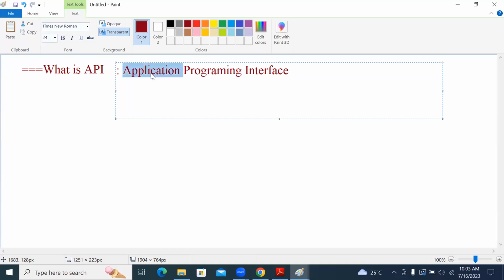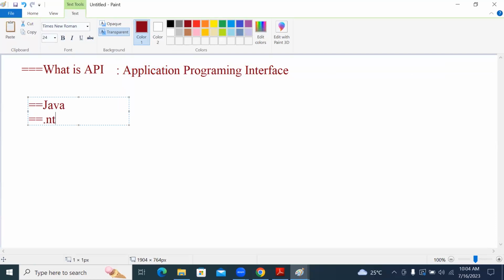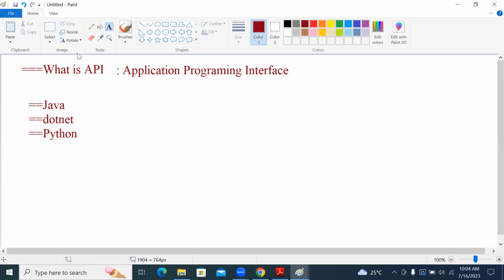API is nothing but one of the applications. Like in the market, you may have heard about Java software, .NET software, Python software, the programming languages. So if we consider the current market, you may have heard about Java, .NET, and Python.